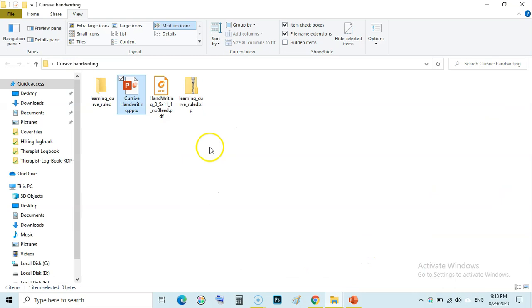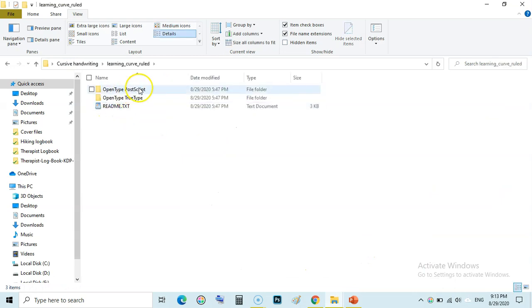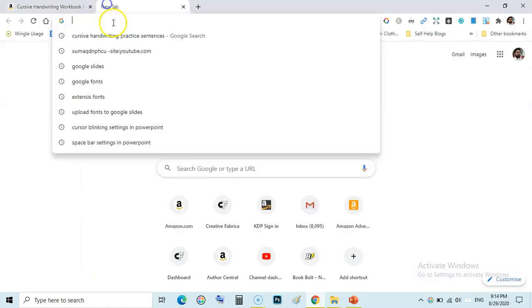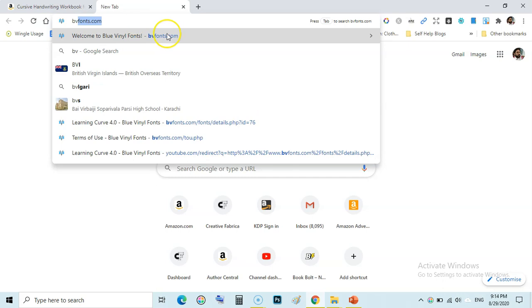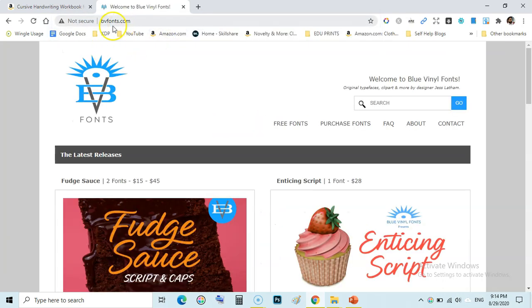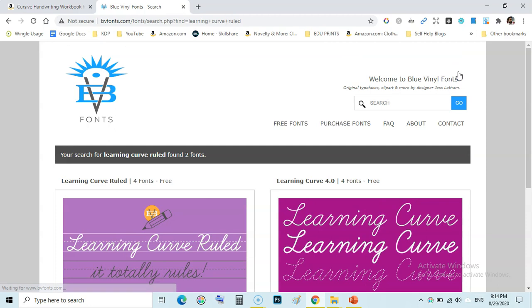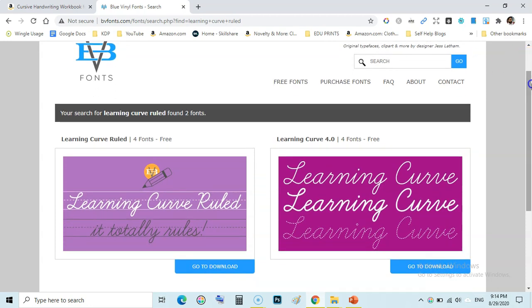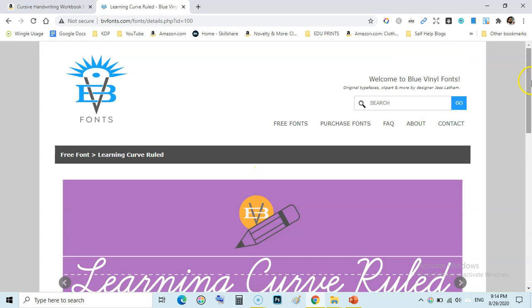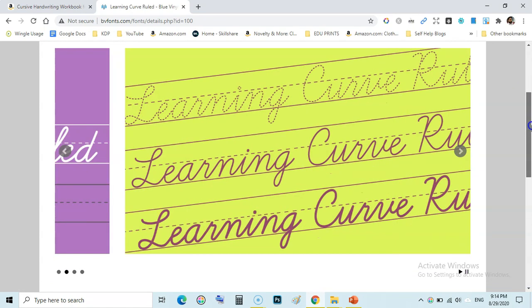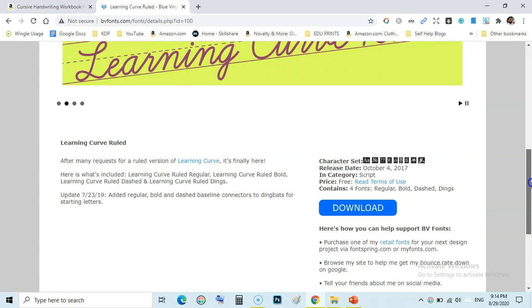This is Learning Curve Ruled, and you can get this font from bvfonts.com, and here in the search bar you should type learning curve ruled. When you type learning curve ruled, you will be presented with this font. This is the font I have used in my book creation, or cursive handwriting paper creation.